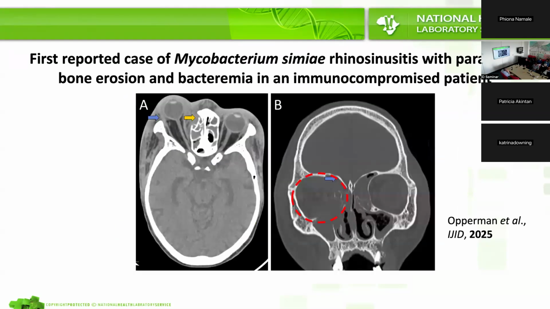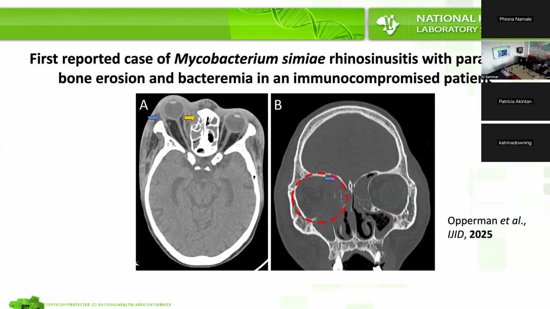This is a case report that me and Terry wrote up, was it last year, I think, with Candy involved as well. It's a patient that was treated by infectious diseases a couple of years ago here and cultured the Mycobacterium simiae. So simiae being from a rhesus monkey, I think initially identified in India. And they are exclusively found in the environment, is the simiae. So there's no cases of human to human transmission.